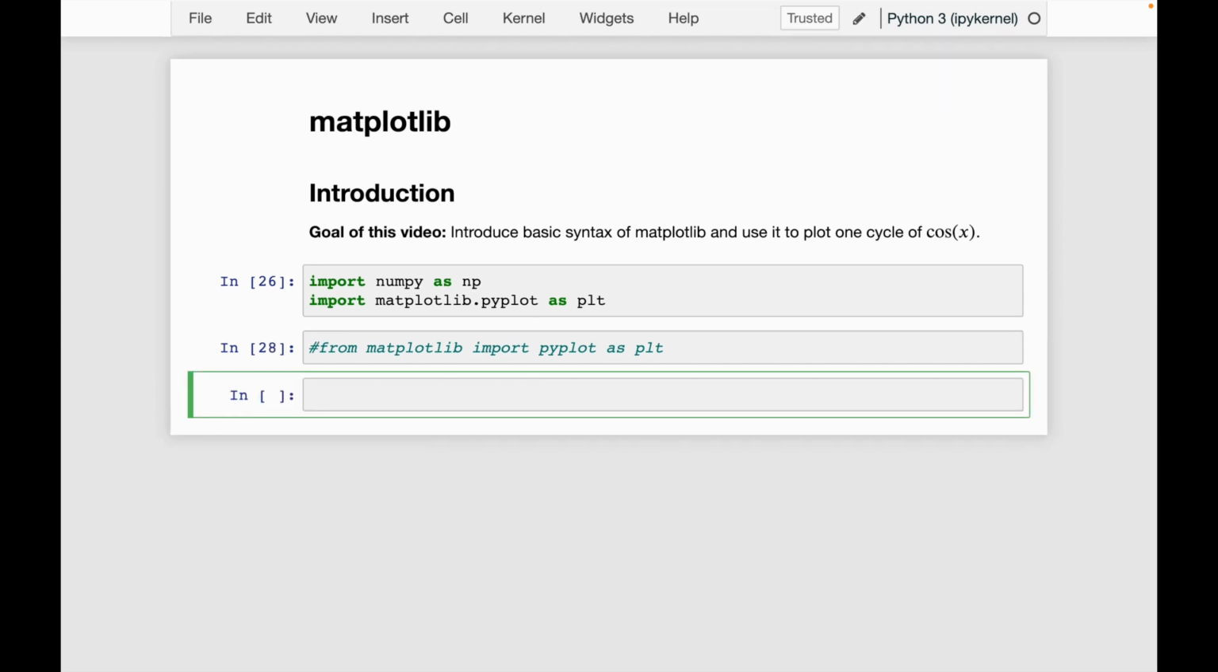Great. So what I'm going to show you in this video is something called the object-oriented syntax. Matplotlib has two main syntaxes that we use. For Math 9,